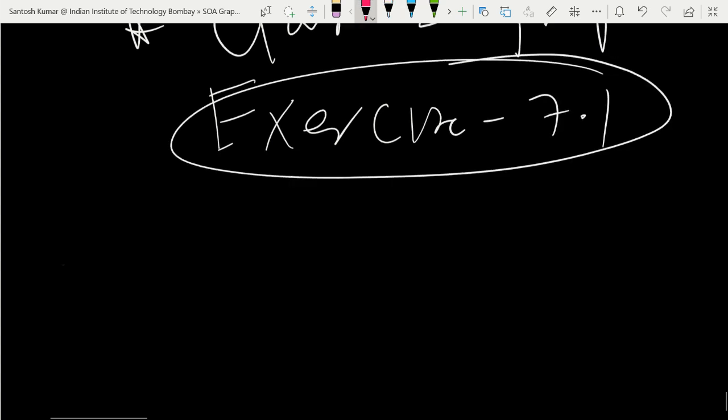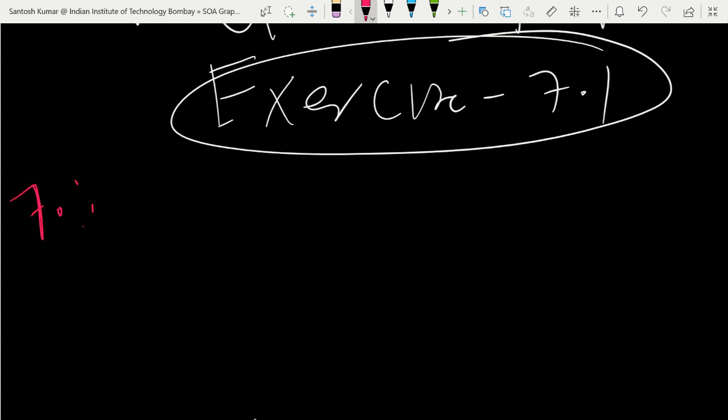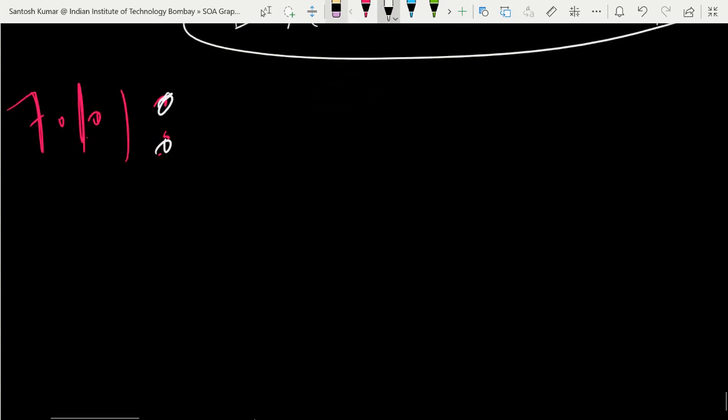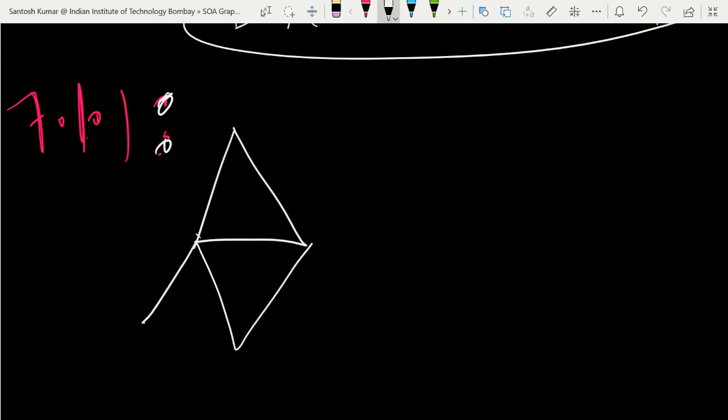So let's start with the first problem, and this will be easy for you, I think. 7.1.1, because you have already done this type of question. So you have to solve first. If you are not able to do it, then I will solve. The first question is easy. I want everyone to try, you know. So try in your notebook.